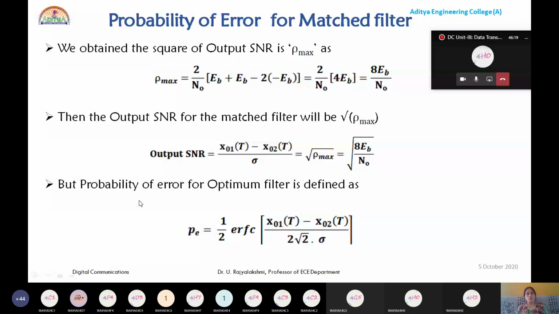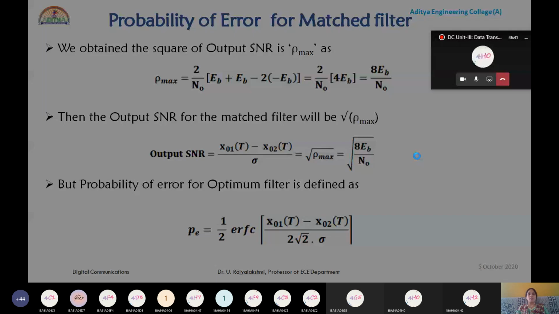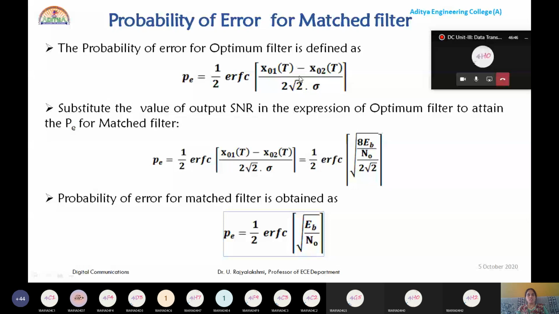Now we define the same probability of error expression for optimum filter. It is defined as half ERFC of x naught 1 of t minus x naught 2 of t divided by 2 root 2 sigma. But x naught 1 of t minus x naught 2 of t divided by sigma is how much? Root EB by N naught. This is for the matched filter. Now please substitute the x naught 1 of t minus x naught 2 of t divided by sigma by using the root rho max expression. You can obtain this, please substitute in the probability of error expression, and so it will be half ERFC of root of